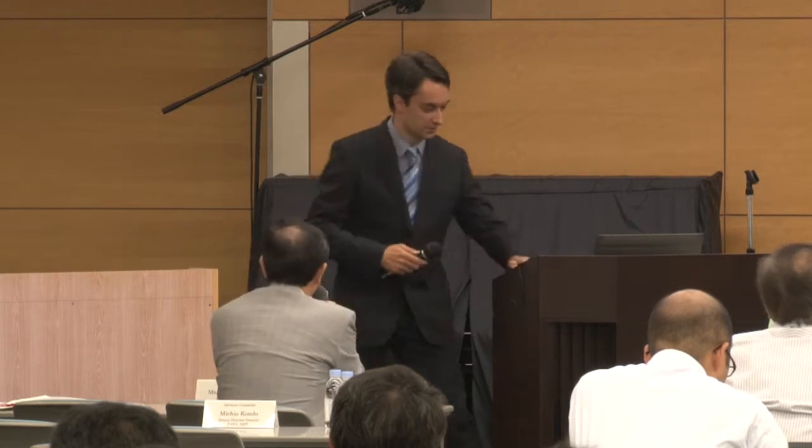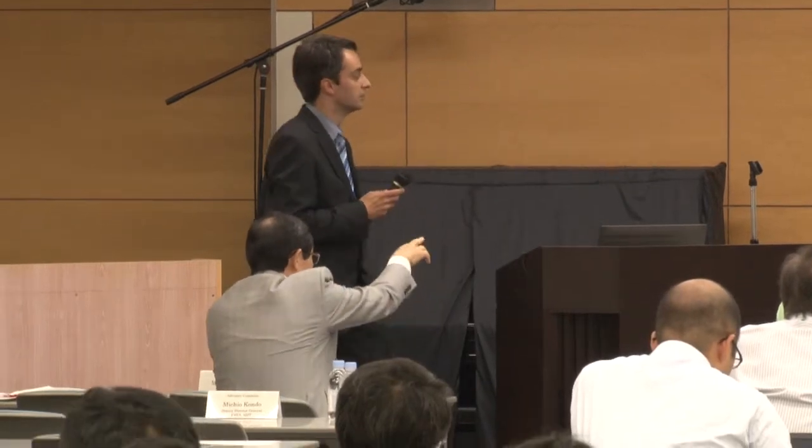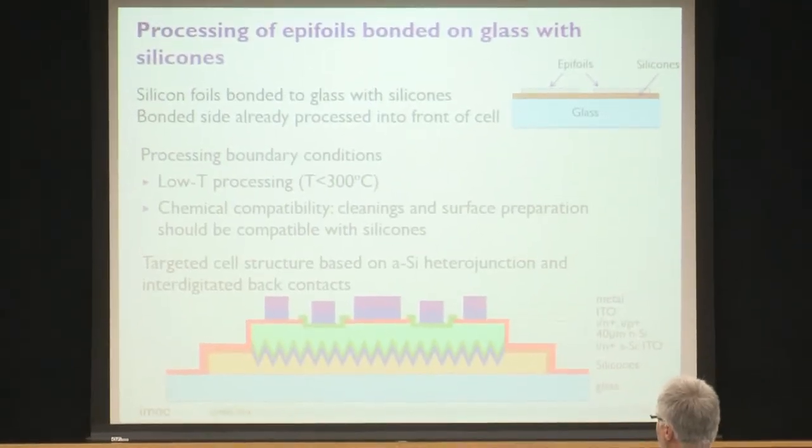I have two questions. One is about your solar cell structures. Will you show me again the 29? So my question is about passivation of textured surface. How did you passivate the surface? Okay, so